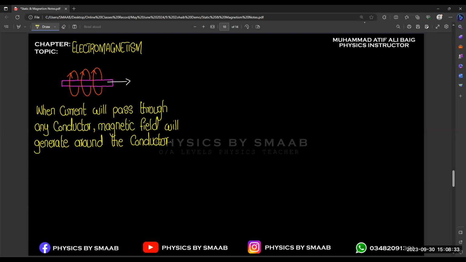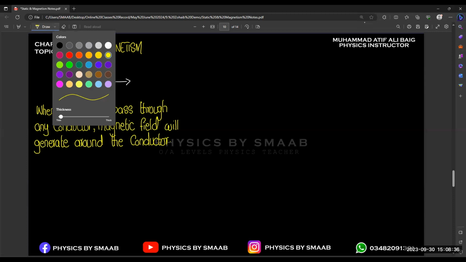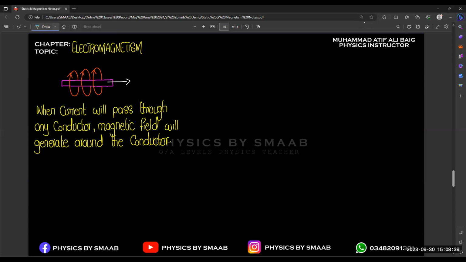So let's suppose we consider two situations, right? If we consider two simple straight conductors, and by a straight conductor I mean a straight wire or a simple straight rod or anything. First we need to identify the direction in that case. Then we will discuss some advanced applications, like if we are using a circular coil, or the conductor is not a straight one. So what will happen in that case, right? So let's suppose first of all we are taking the example of a conductor,